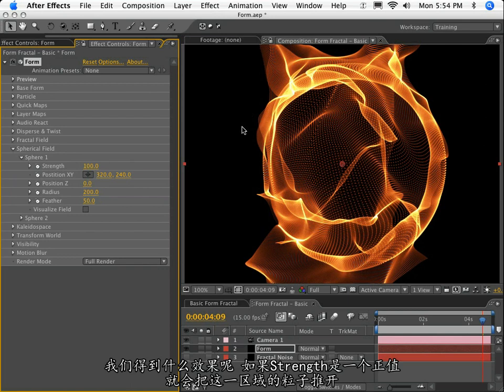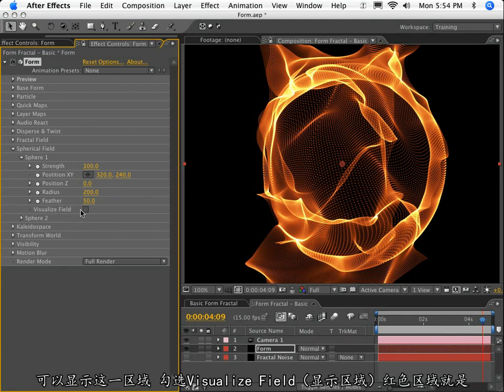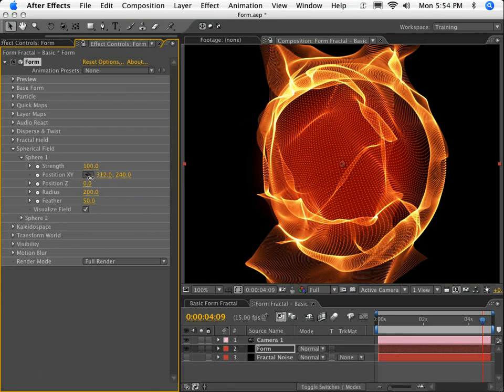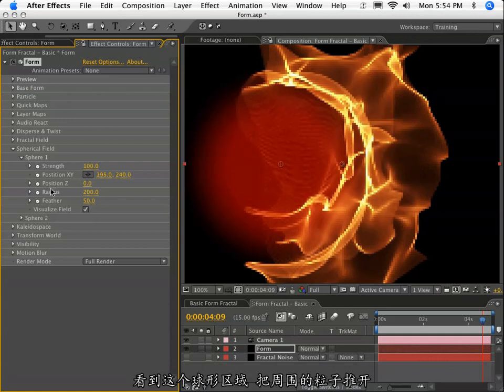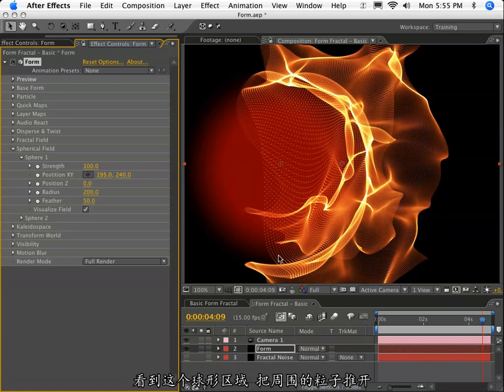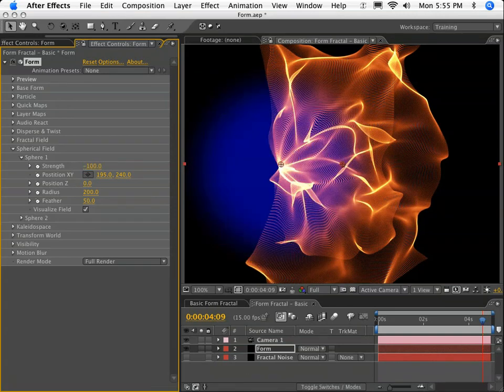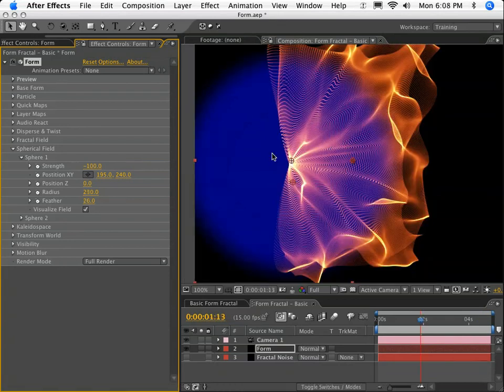Now what we've got is a spherical area that will displace the particles if this strength is set to a positive number. Now I can visualize this a little bit better by clicking this box that says Visualize Field. This will create a red area for this displacement area. So if I move this spherical field over to the left, we'll see that we've got this spherical area now that is pushing the particles out of the way. If I set this strength to a negative value, the sphere will turn blue, and you'll notice that the particles are being attracted to this area. So if I set this strength back to 100,